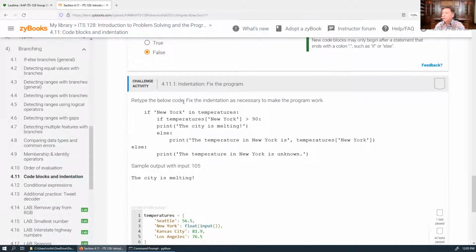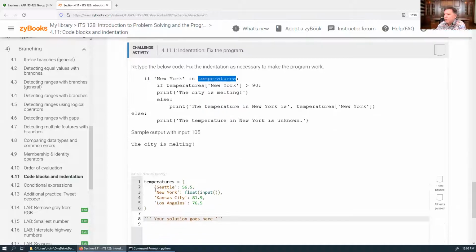Let's see. Retype the below code. Fix the indentation as necessary to make the program work. Okay, so what this is, we have this list called temperatures. Oh, look, here it is. No, I'm sorry. It's a dictionary called temperatures, and we're seeing if there is a key-value pair whose key is New York. Is there one in there? And oh, look, there is. So if that's true,